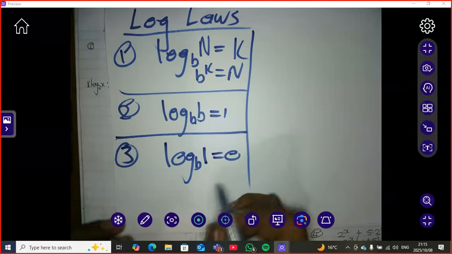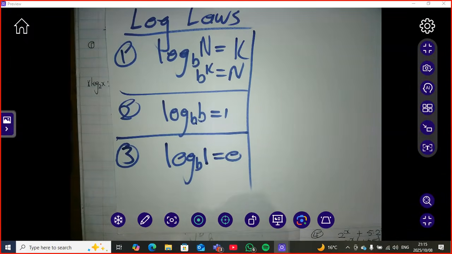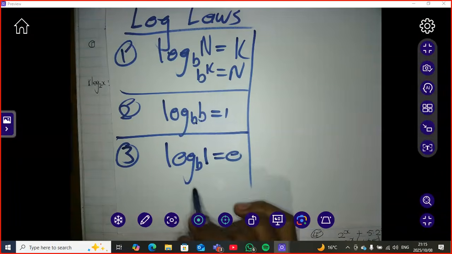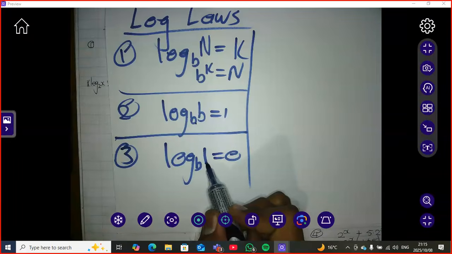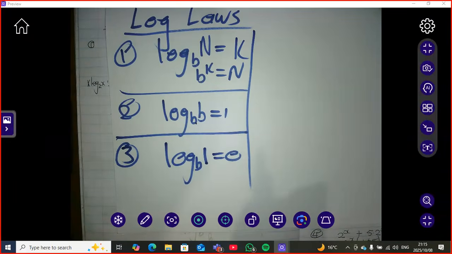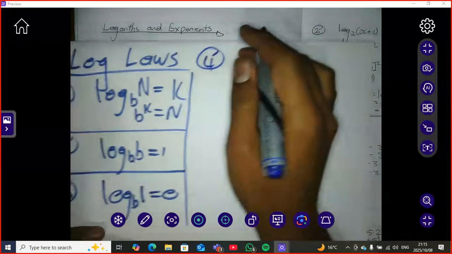So anything that is log base anything of the number 1 is equal to 0. Even if my base is infinity and beyond, as long as there's a 1 there, it's 0, no matter what base I'm given. Okay? Then number 4 is saying